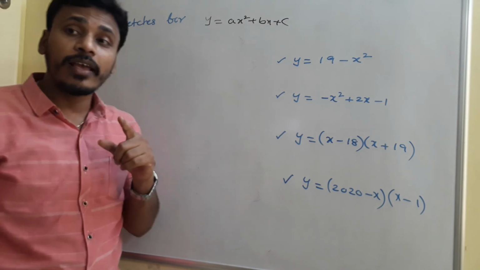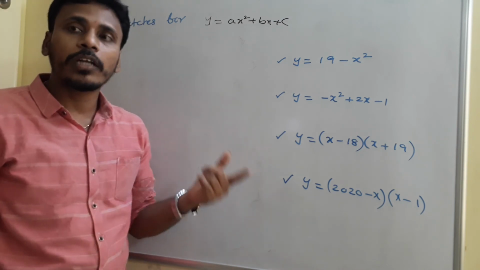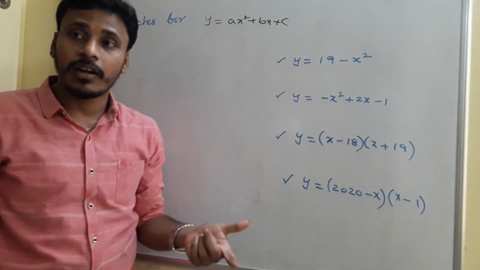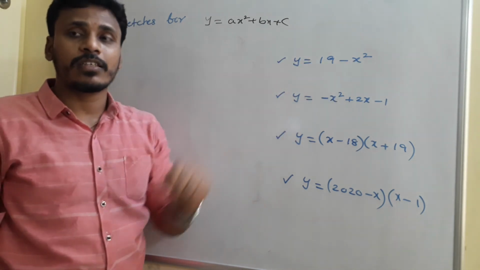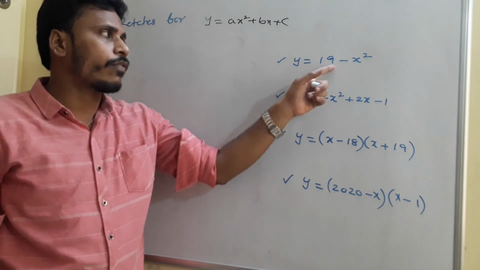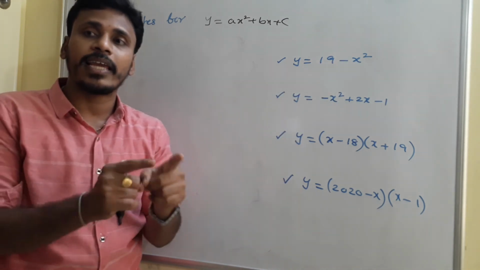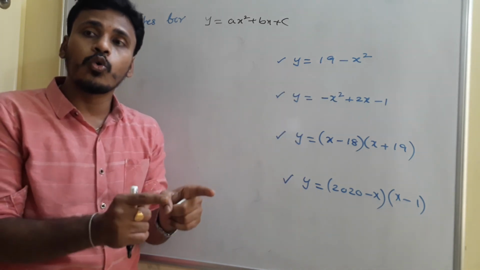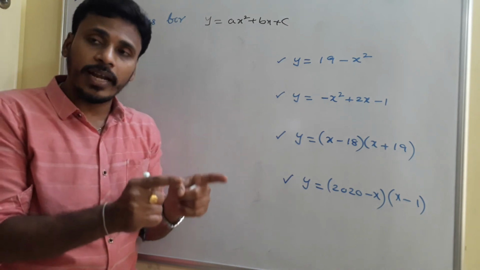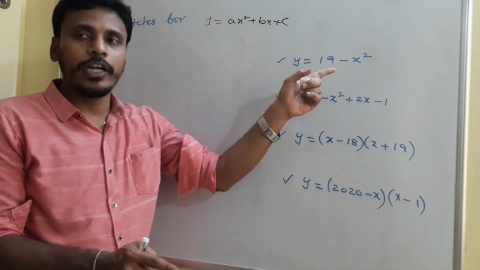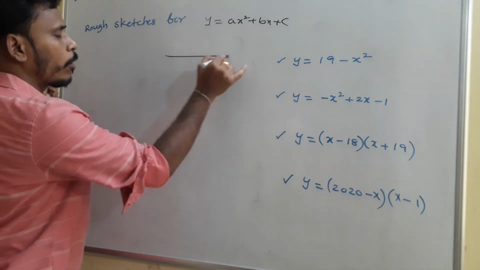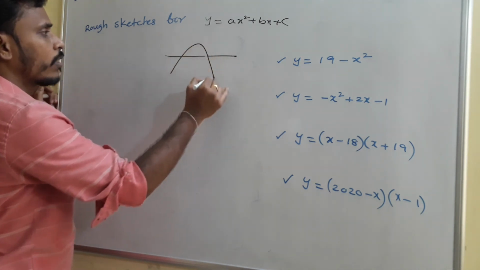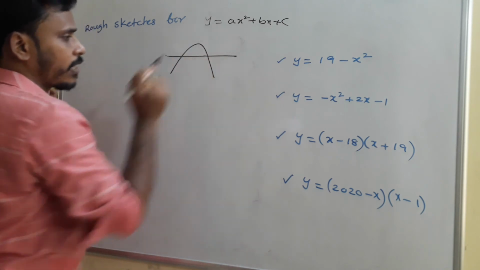Then what do you say about the discriminant, or what do you think about the roots, whether we have roots or not for this expression? Clearly 19 minus x square, right? We are very familiar with these types of expressions. When you write it like a square minus b square, root 19 and minus root 19 are the roots. So no need to calculate the discriminant now. Downward parabola and it has two roots. The graph will be like this for the first expression.